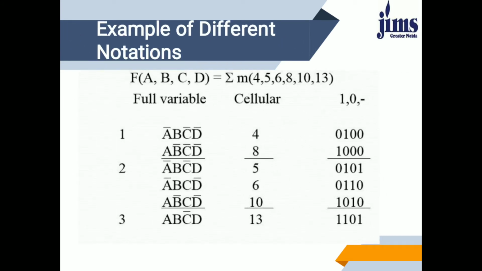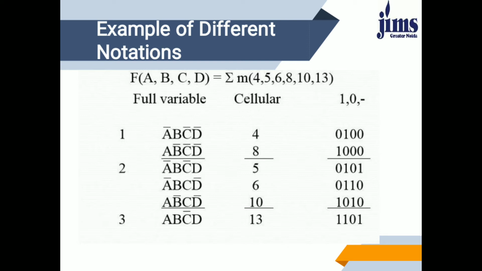As an example, I am taking an example with 4 variables A, B, C, D. This example shows a sum of products, SOP. Here small m is showing minterms. That means we are using an SOP function: 4, 5, 6, 8, 10 and 13. Means total how many terms are there? Here 6 terms are used. So these 6 terms will be tabulated to solve.